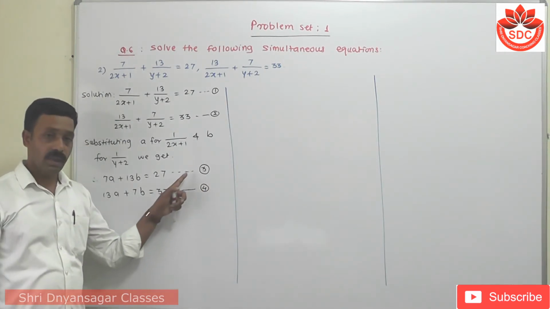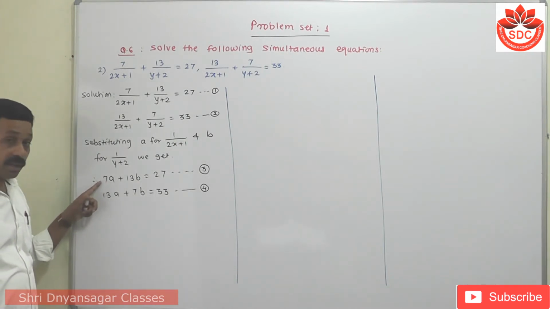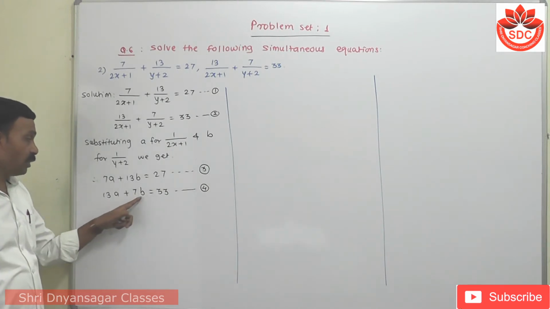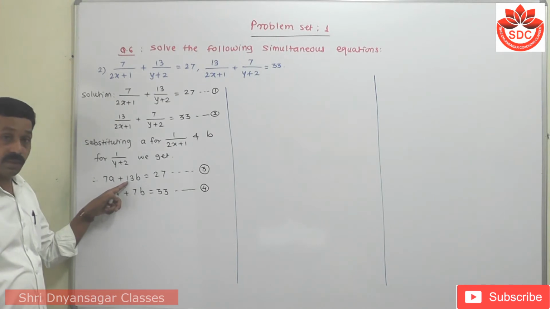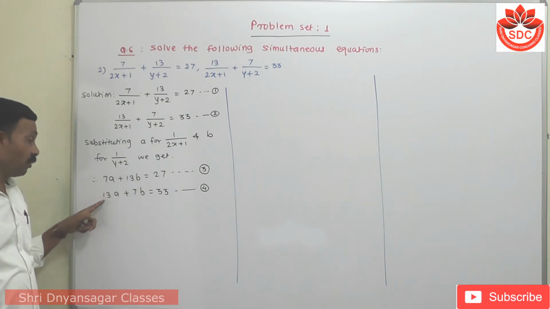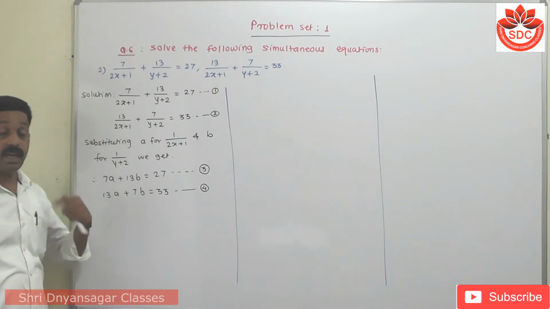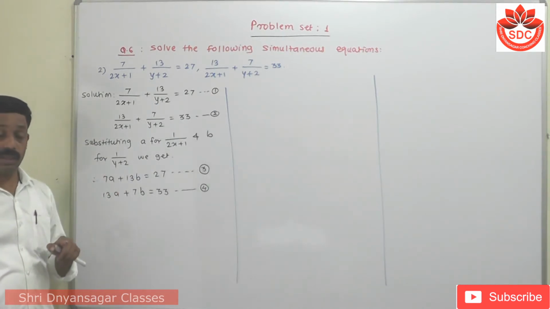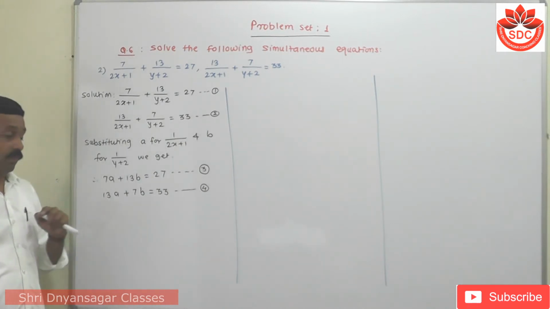Student, observe equation number 3rd and 4th. Here the coefficient of a is 7. In the next equation this is the coefficient of b, and the coefficient of b in the third equation is equal to the coefficient of a in the fourth equation. It means that the cross coefficients are the same. At that time, we know that we have to add first and then subtract these two equations. We get two new equations which we can solve and simplify.